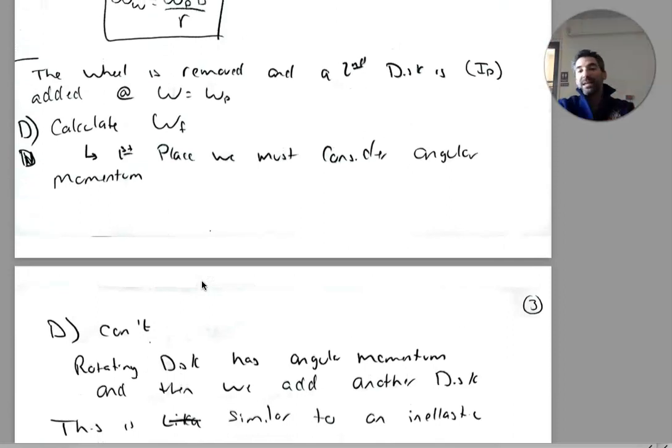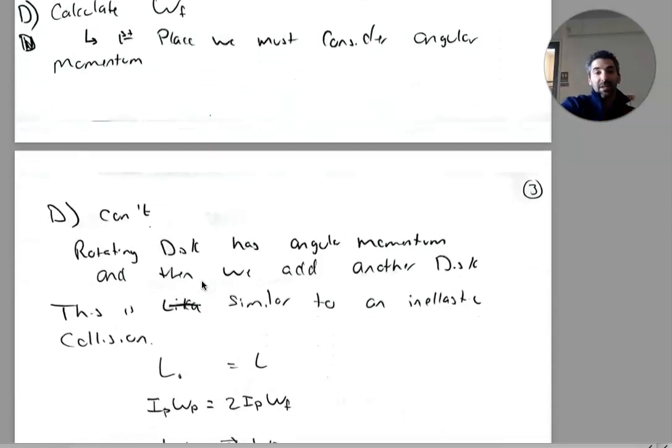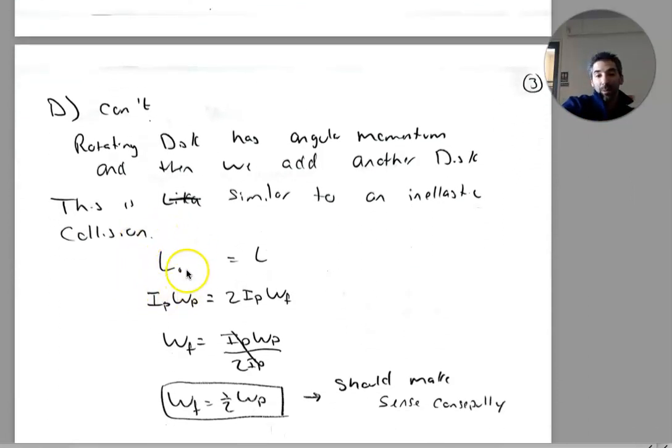So you can almost think of this as an inelastic collision. It's really not, but we have the initial momentum of the platform spinning. We're dropping another mass on it. So the speed has to slow down, but the total momentum, in this case, the angular momentum, has to be conserved. So we have the momentum initial equals the momentum final. Here is the initial momentum, which is the wheel when it was at speed. Here's the final momentum. Notice I have 2 times the moment of inertia because the platforms are